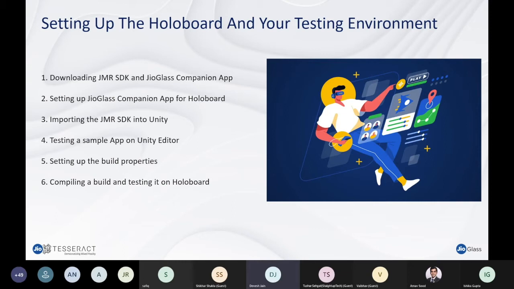Maybe there's something more specific that I'm doing wrong inside the application, or in the way that I'm using the SDK. So at least it helps you communicate better with us: yes, I have verified, my controller got stuck, or my head tracking got stuck, and I verified in the emulator that I'm seeing the data coming. Which means there's something more specific to this release version of the SDK, or the way that you're implementing it, that is causing this issue, and it helps us reach a conclusion much faster.